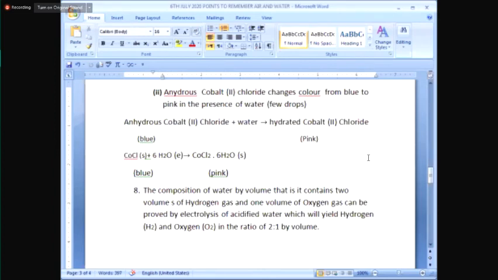The formula equation is CoCl2. So the subscripts, I'm going to add them. The formula is CoCl2, cobalt 2 chloride. It's a transition metal compound, my dear. If you take it in solid state, which is blue in color, when you add a few drops of water, it becomes pink. And the formula of hydrated cobalt 2 chloride is CoCl2 dot, meaning the water of crystallization attached with it, 6H2O. I hope you appreciate these equations.